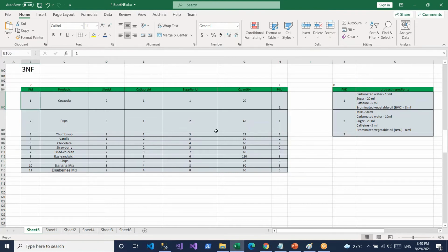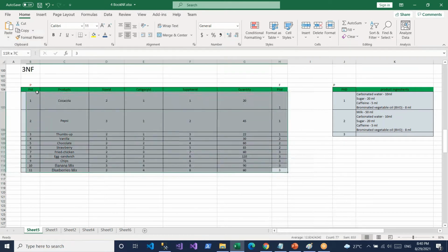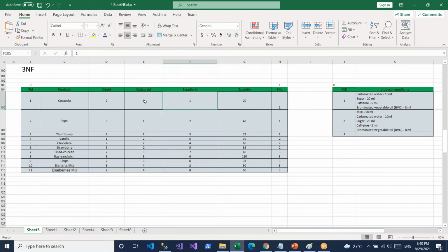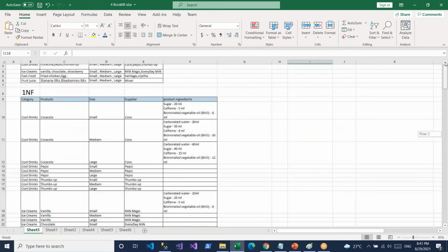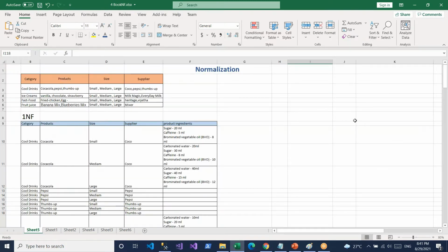So now we have proper tables, and we can organize them easily. You can add multiple categories, multiple values, multiple suppliers, and multiple product ingredients also. Based on the added ingredients, we can add the count. So these are the normalization concepts. Any questions on this normalization, any doubts, any confusion?